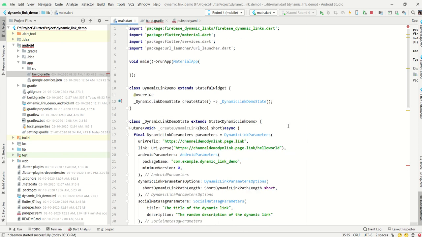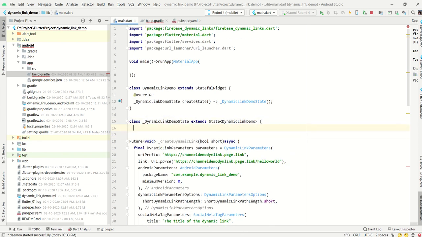Now we have to set the state, otherwise the link will go randomly, right? For that reason we have to take another boolean variable, named isCreateLink, and by default it should be false.